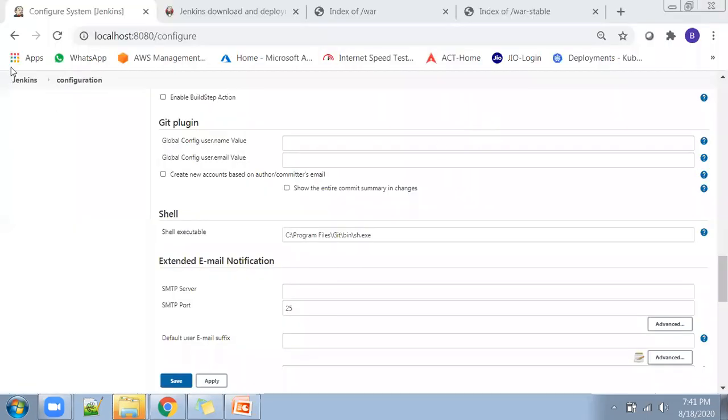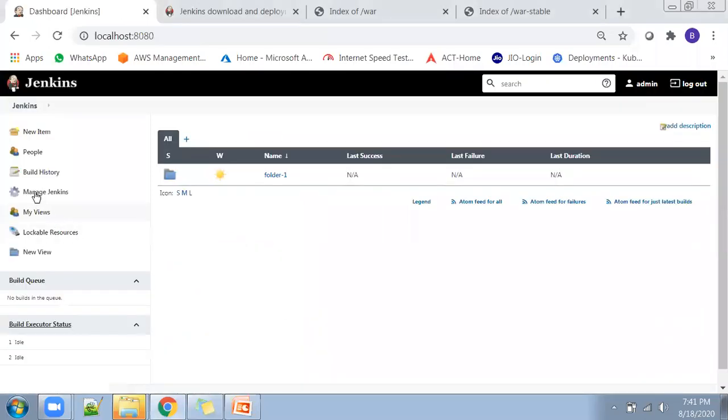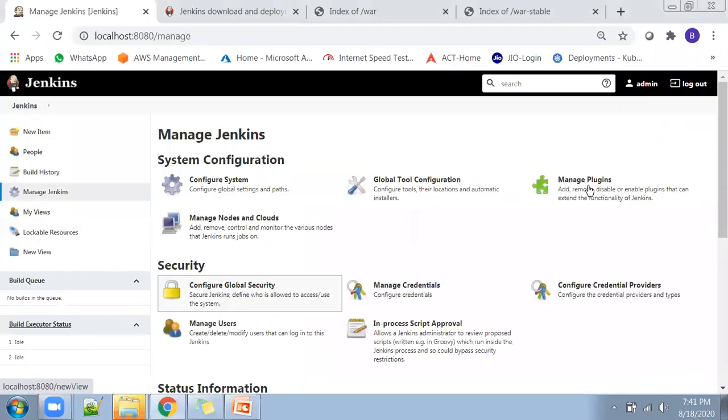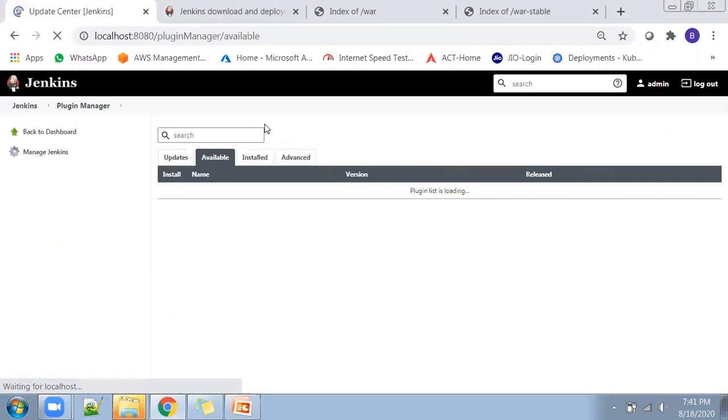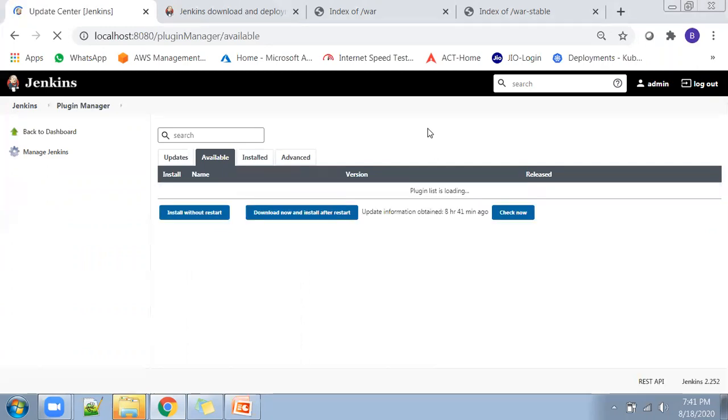The next one is installing a plugin. Go to Manage Jenkins, click on Manage Plugins, and go to the Available section. The plugin list will load. In the previous session, the plugin list did not load. Let me see if it can load now. I think all the necessary plugins are installed for me.